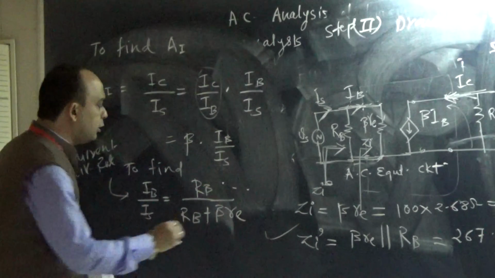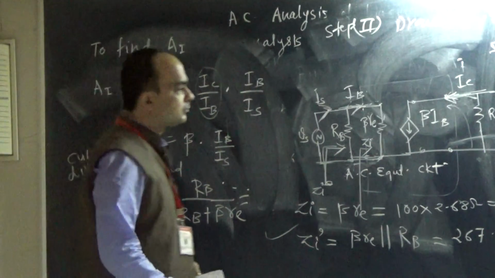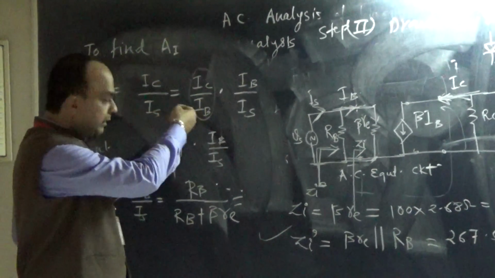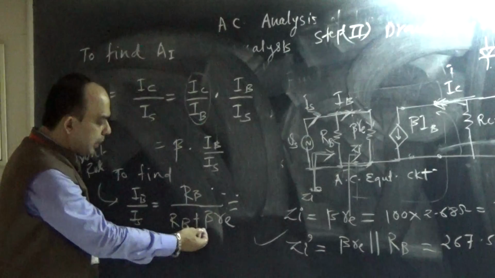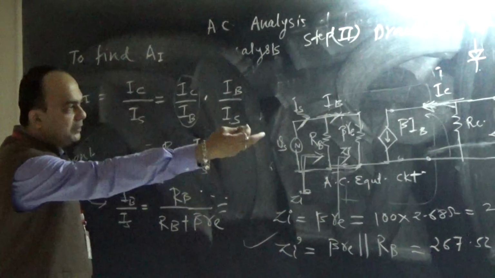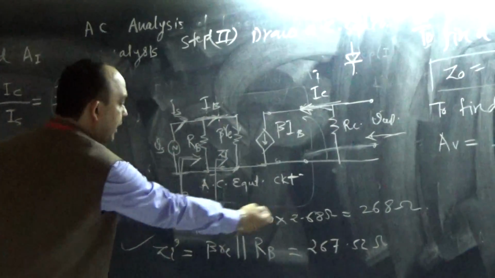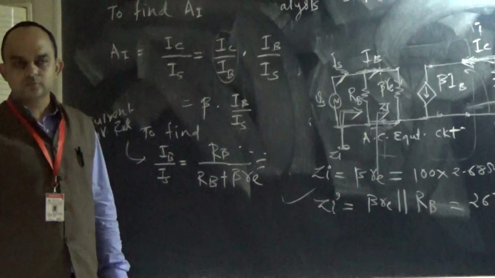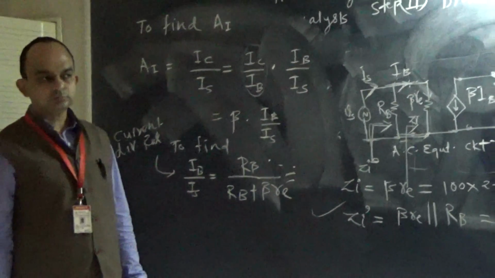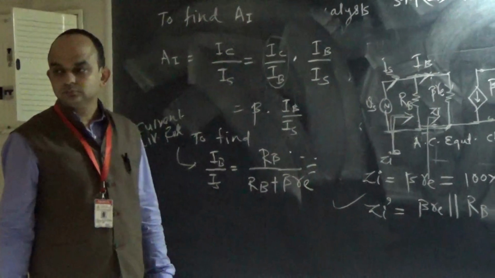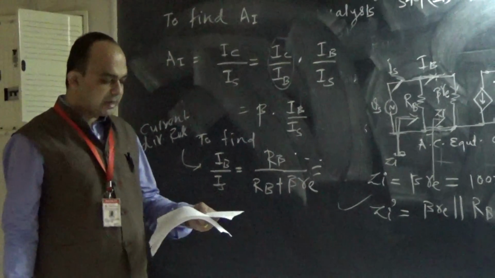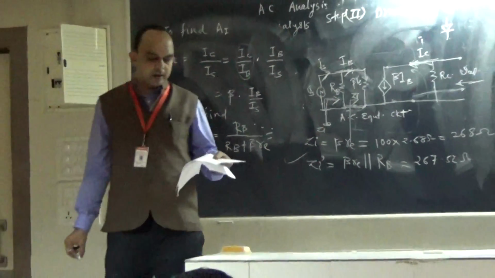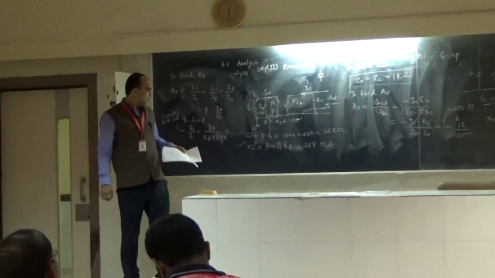So please tell me this value. RB you know. RB is given as 150K, divided by 150K plus beta RE. Beta RE we have found out somewhere; beta RE is 268 ohm. Please tell me this ratio, RB upon RB plus beta RE, that is 150K divided by 150K plus 268. It comes out as